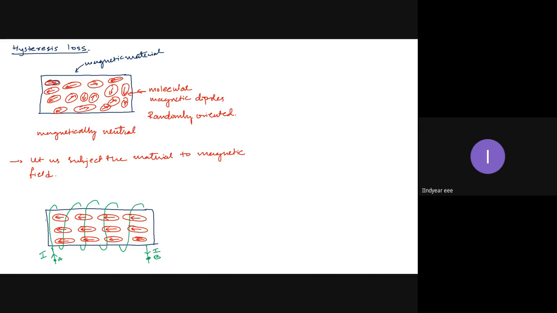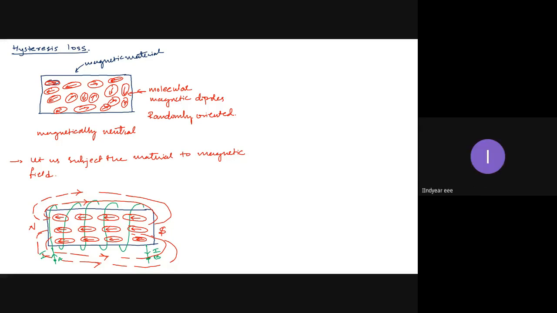As a result of this, the flux lines will exist. What are these flux lines? When we draw the flux lines, we show an arrow mark, right? This is the direction of the flux line. This forms the north pole and this forms the south pole. This is how an electromagnet or a core is magnetized. Is it clear up to this point?